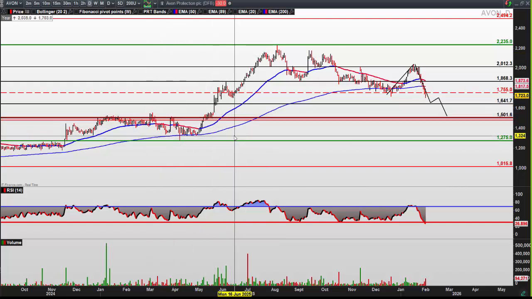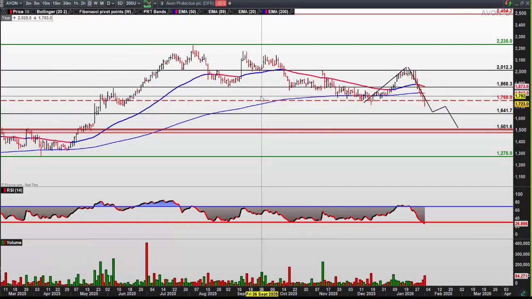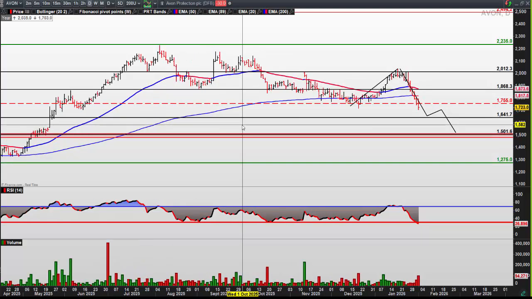So at the moment I'm not touching it. It's coming down on volume, so we've got bearish confirmation at the moment. The price earnings is a little bit on the pricey side, so I'm just going to see if we dip into 1640 and hold on volume, or are we going to come all the way back to 15? If you've got different views, I'd love to hear them, because it'd be good to put that in the mix.